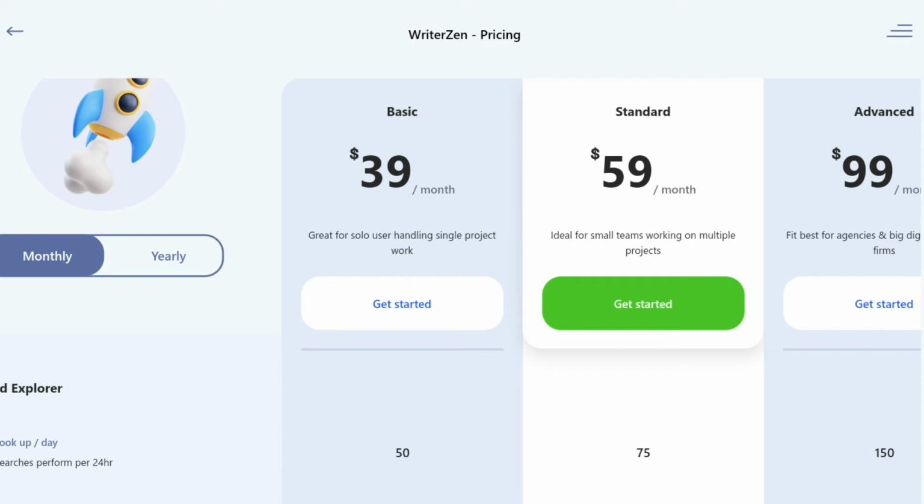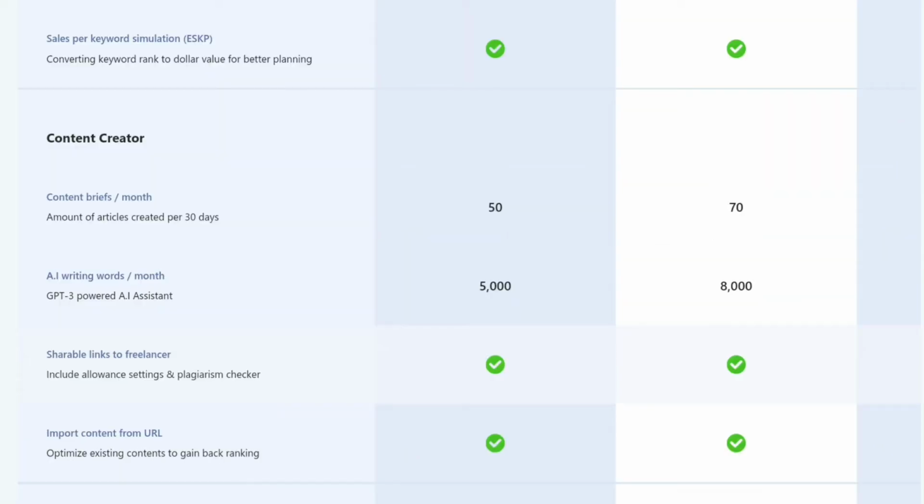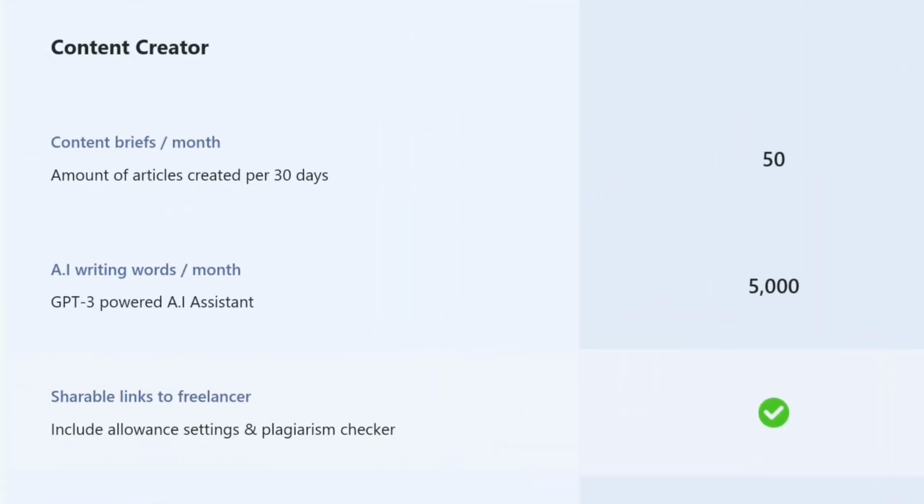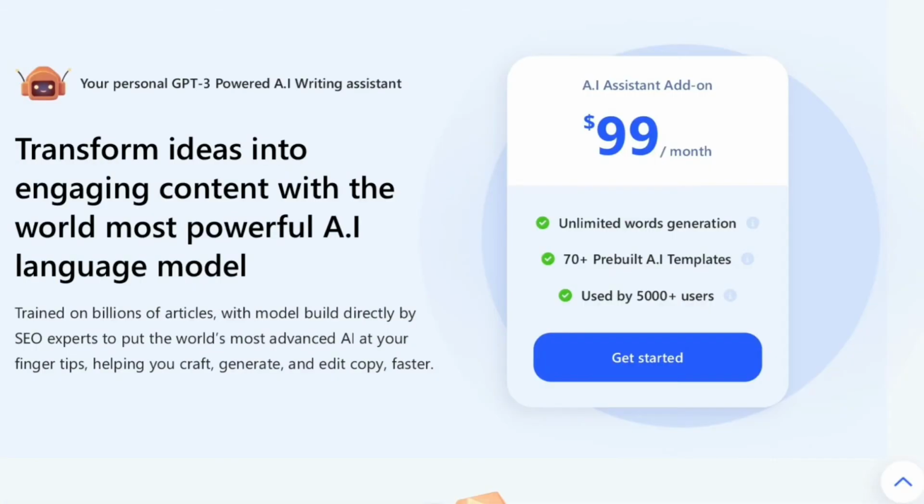There are two membership options available for selecting pricing, monthly and yearly. As the beginning plan, you are getting 5,000 AI words per month. That's nothing. I just want you guys to understand this. You are not getting a lot of AI writing, so you don't want to be buying this as an AI writer. So I just want you to know that you are buying WriterZen not because it's an AI writing software,